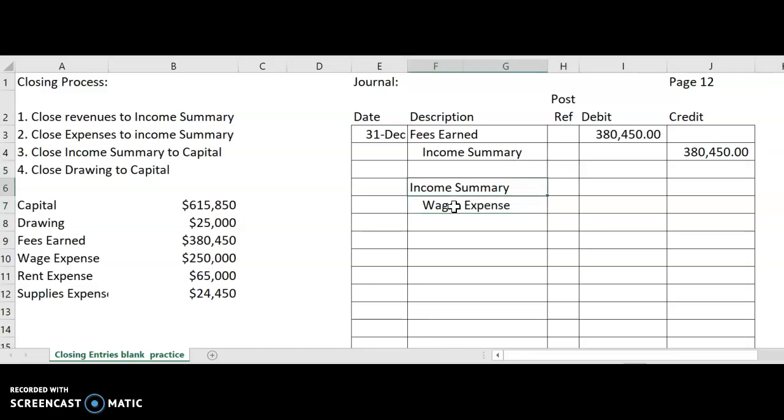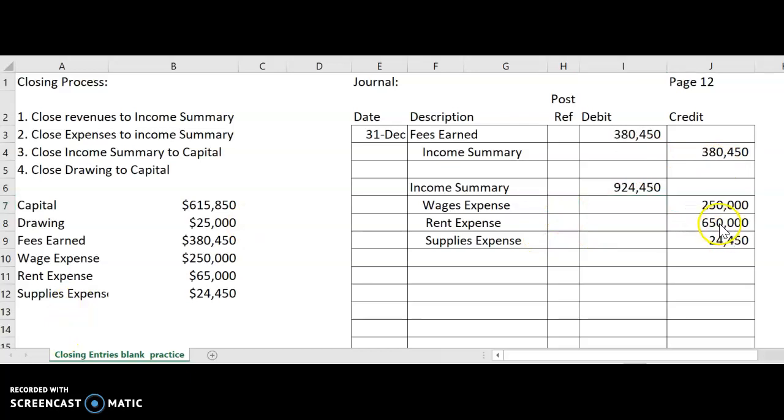So we know we're going to have wages expense of $250,000 and rent expense of, let's see, $65,000, and then supplies expense of $24,450. So my debit would be the sum of these three numbers, which is